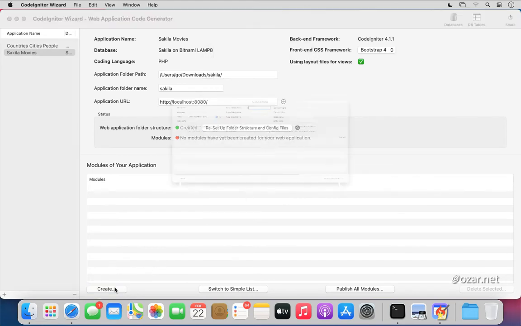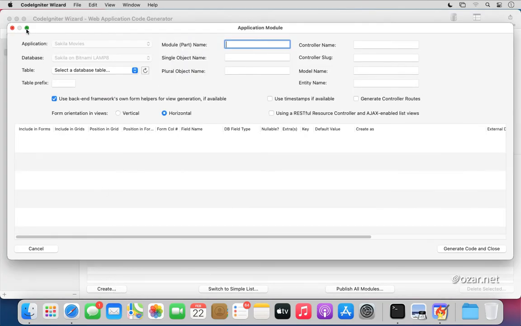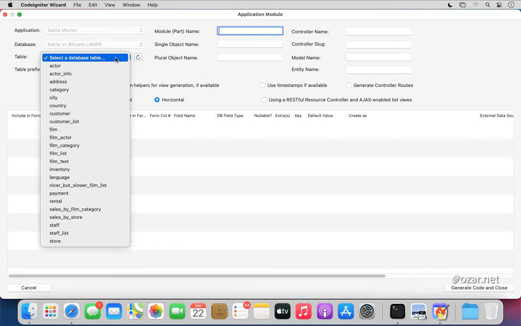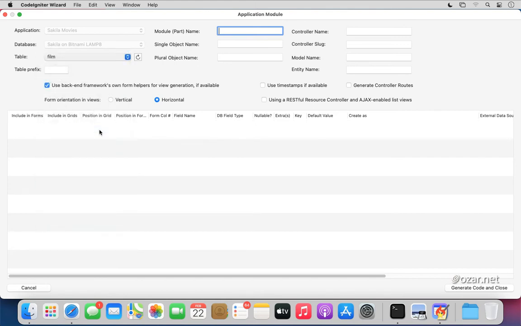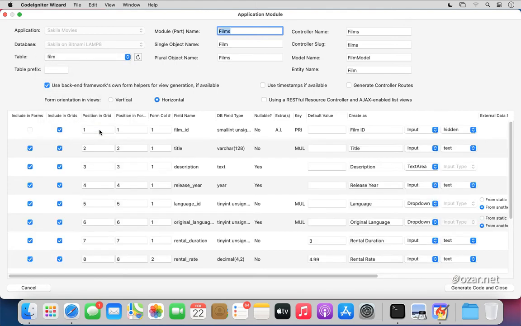Now I can go ahead and create a module. Here, our module will be based on the film table in our database, which keeps information about the movies themselves. I'll uncheck this, because I want the generated view files to use standard HTML tags. And I'll check this one off, to get a RESTful controller with AJAX capabilities for the lazily loaded list views